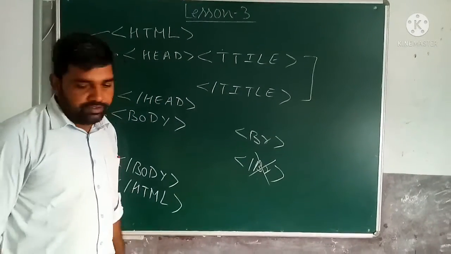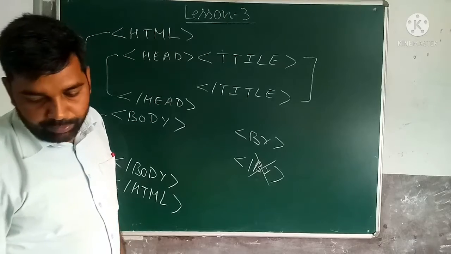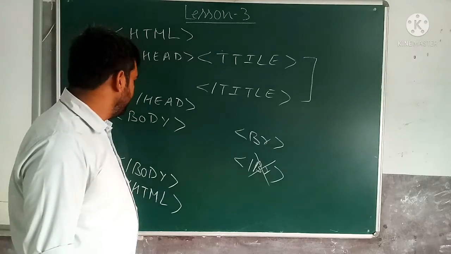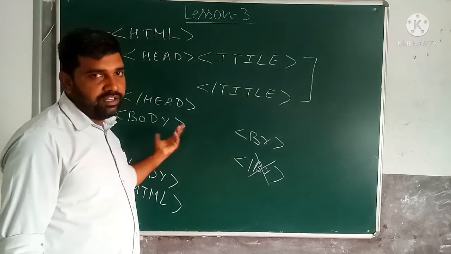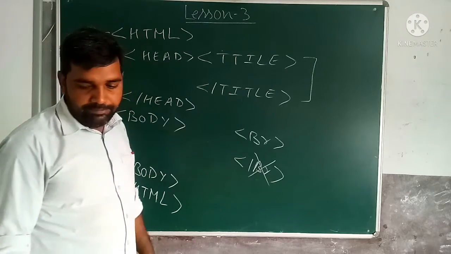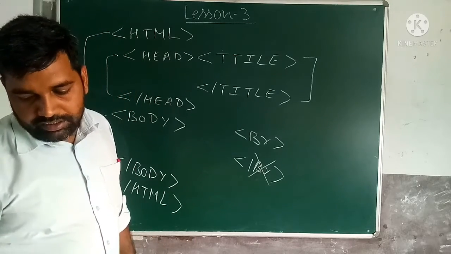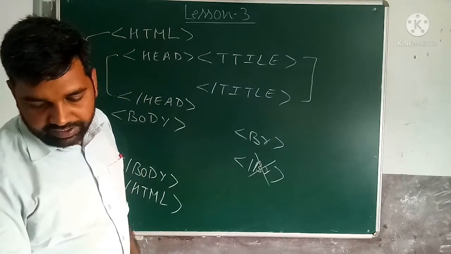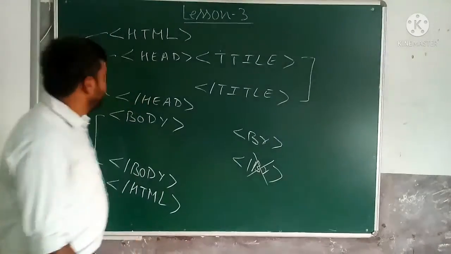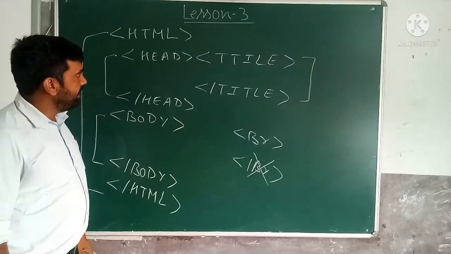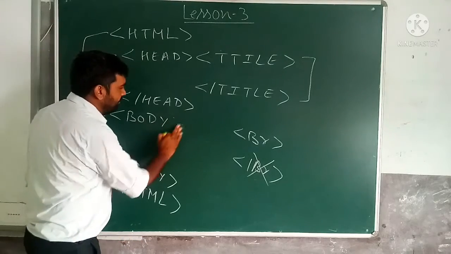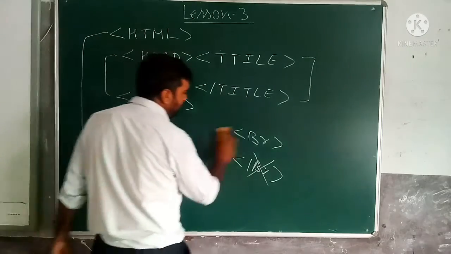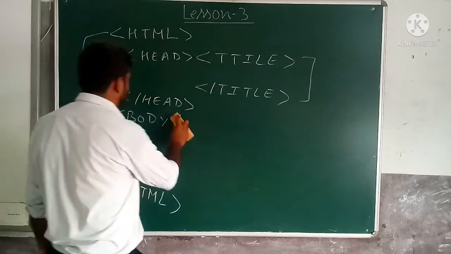We have studied the attribute. An attribute is a property that provides additional information about the HTML element. Attributes are properties which provide additional information about HTML elements, and they enhance the functionality of a tag and are always specified inside the opening tag. So where are attributes always specified? Inside the opening tag. As we discussed, inside the body we can set the background color of the web page. So attributes we always write inside the element.